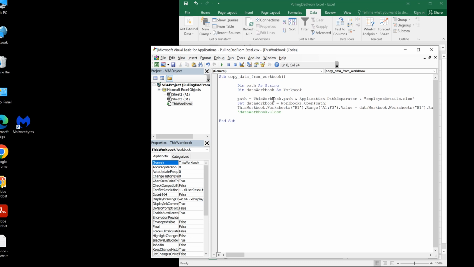So the current is the opened one, right? So this workbook dot path. So this workbook dot path is this path, and then we are using ampersand, and then we are using application dot path separator. So application dot path separator is nothing, it's just